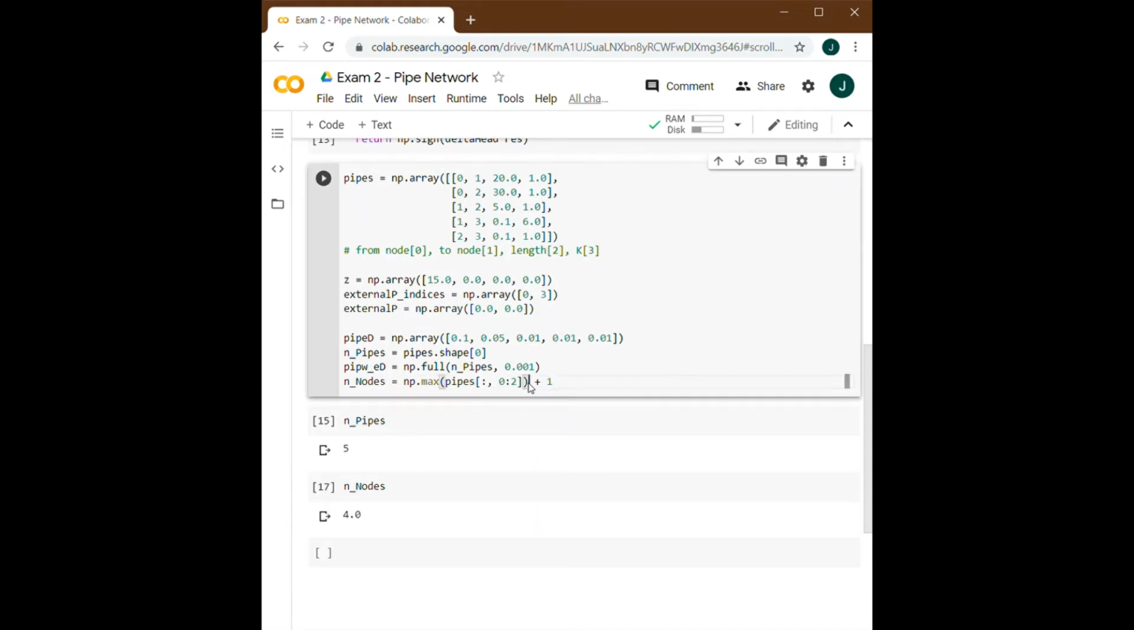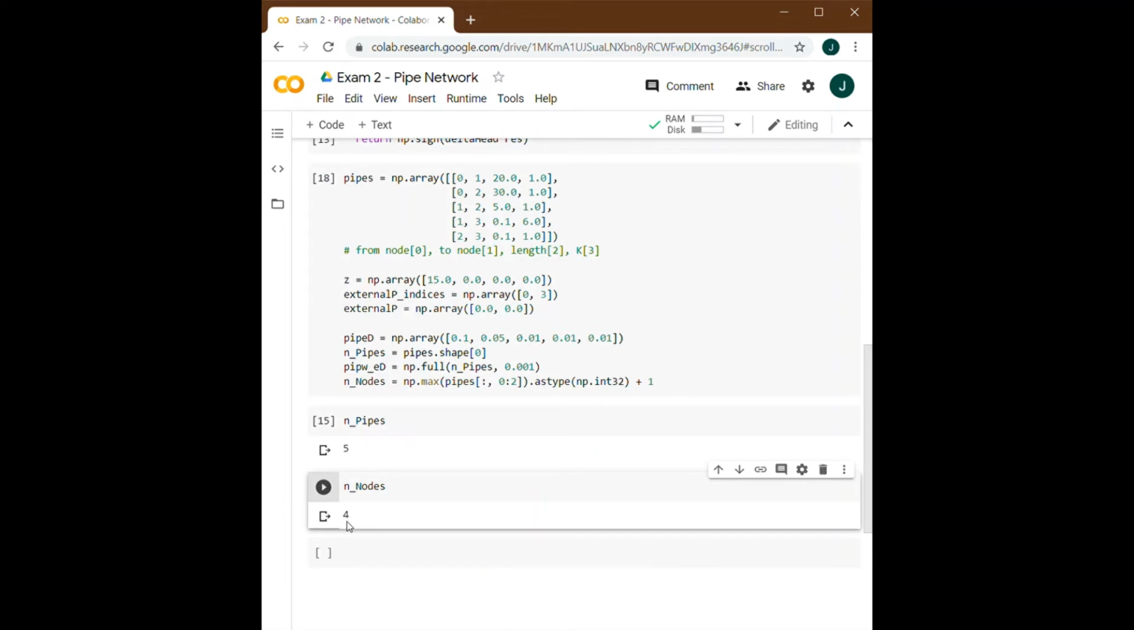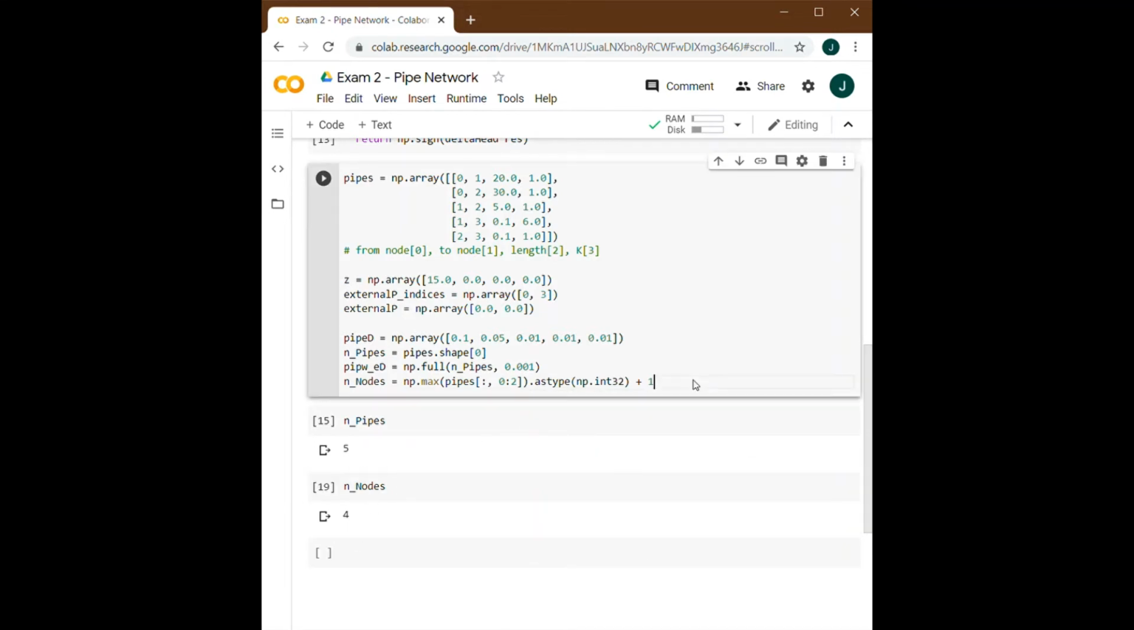So what we have to do is convert this into an integer. And the way we do that is we use the astype function, numpy.int32. So when we check this again, we get this as the integer 4, which is how we're going to want it for later. So now that we have